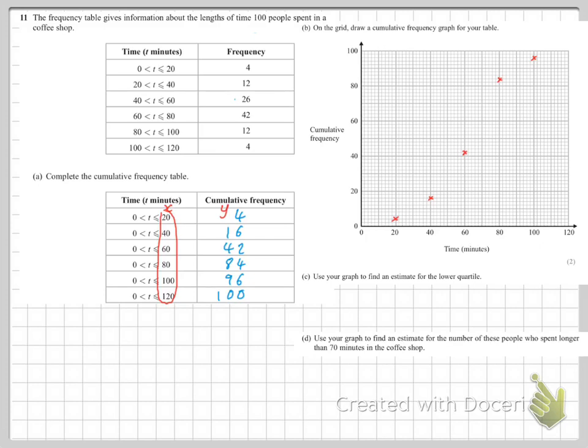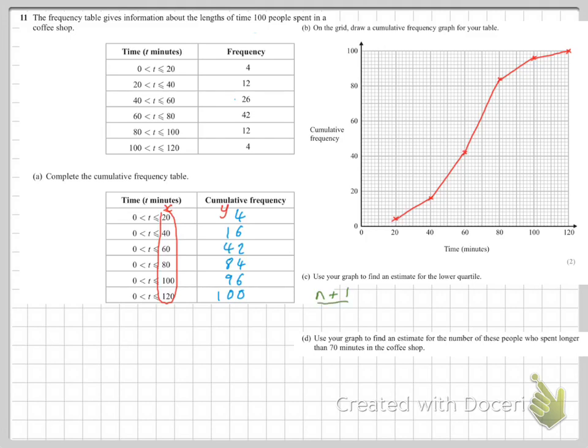Don't just leave it like that, or certainly don't plot a line of best fit. It's not a scatter plot, it's a line graph. You can draw with a smooth curve, but you always get the marks for joining up with straight lines, so join the dots with a ruler. And you get this. You actually get more accurate results. You get results that are more in line with what the mark scheme wants when you use your graph to calculate things. So finding the lower quartile,